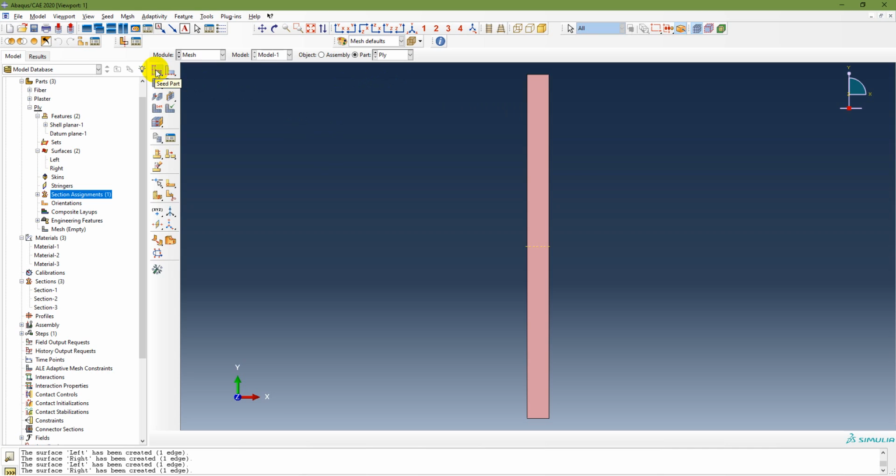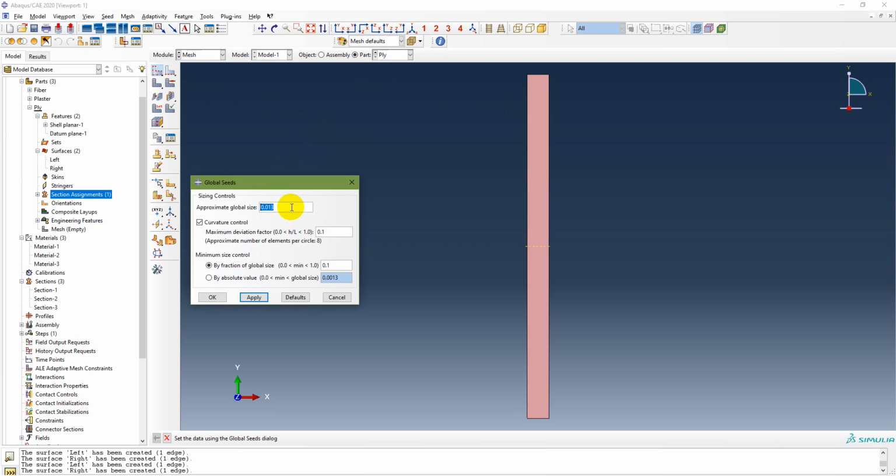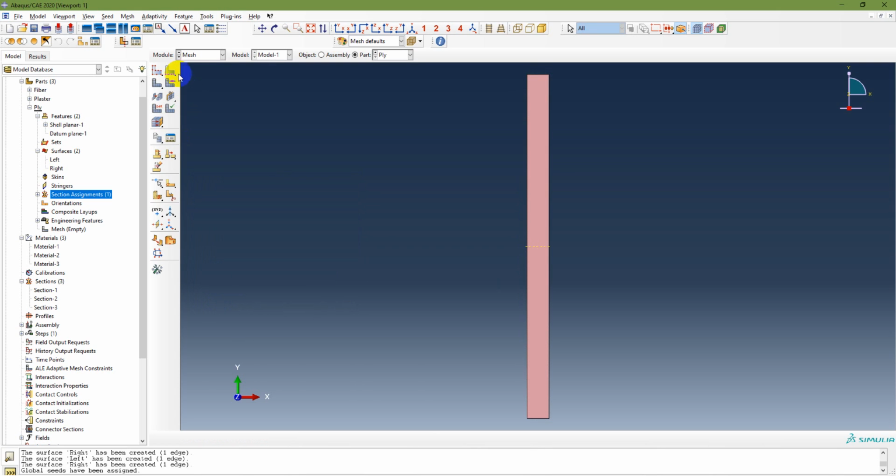Okay, so here is the seed part. Double click on that, and set the approximate global size. I am using 0.25 centimeter, so 0.25 times 10 to the power of minus 2. This is the one I have to use for all, so it's better to keep that global size the same for all. So apply that, and then